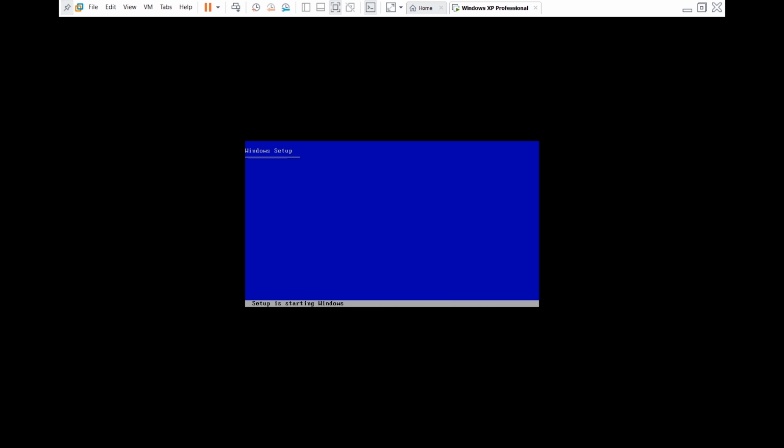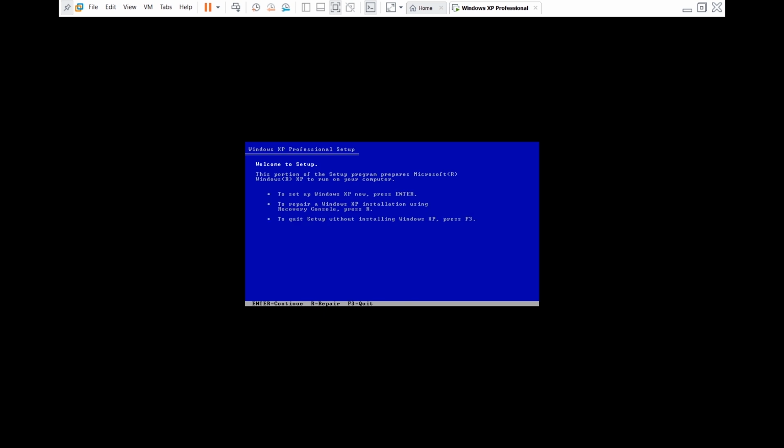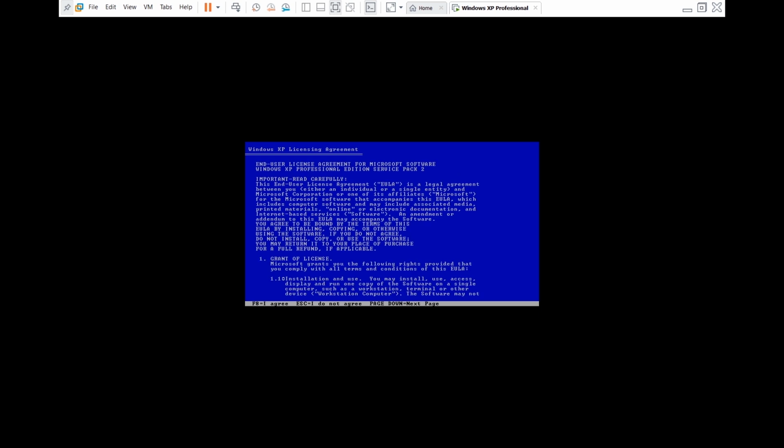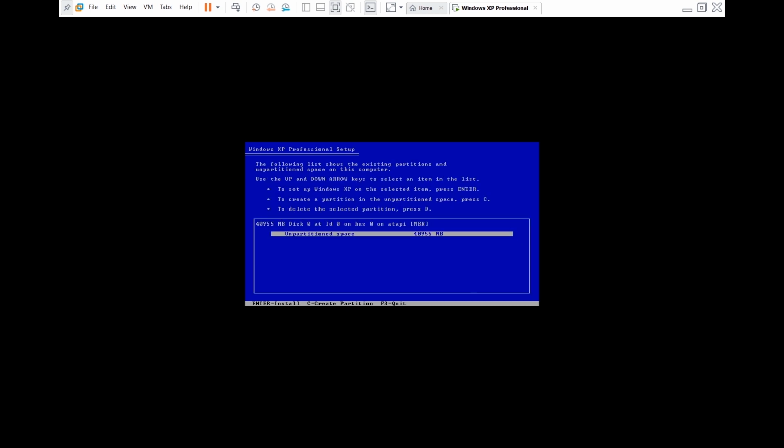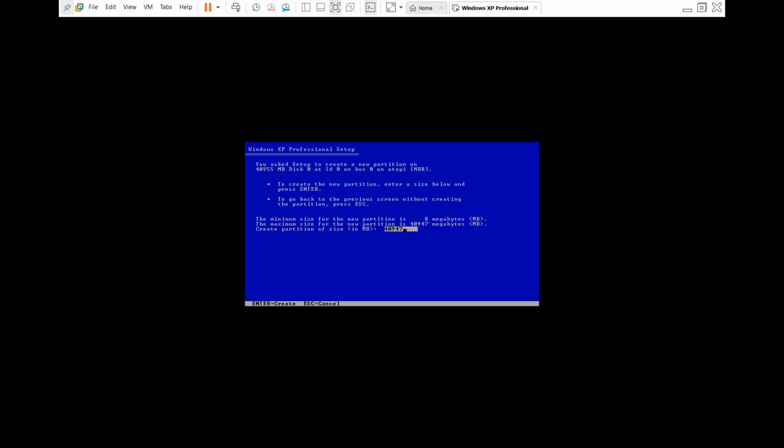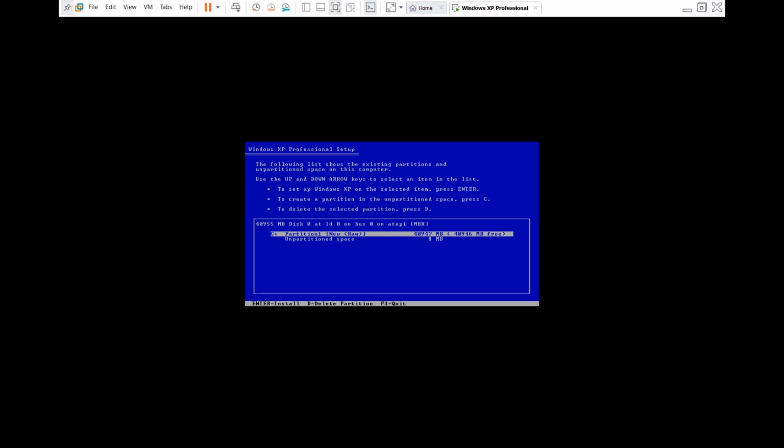Now just wait for it. Now you need to press Enter. Now you need to press the F8 button. Now press C to create a partition and press Enter. And now press Enter to install in that partition.